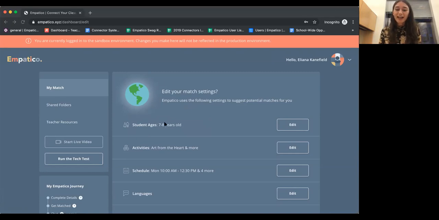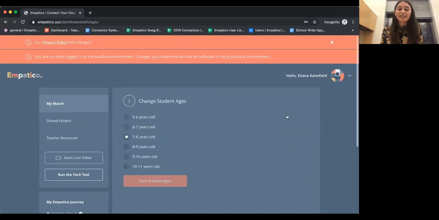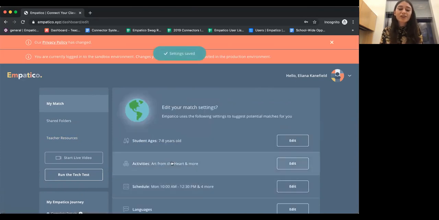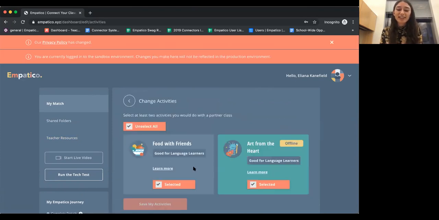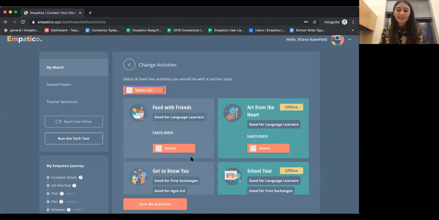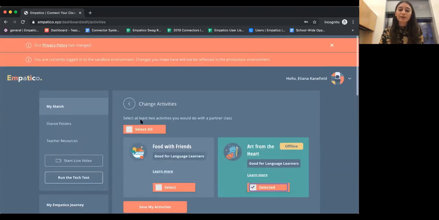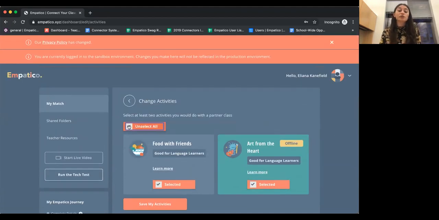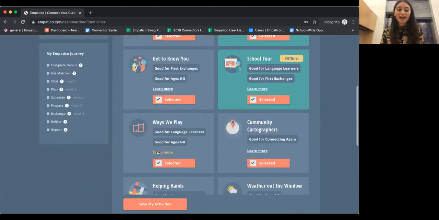So we match based off of 4 different criteria. First, the average age of your students. So you can say 7 to 8 years old. You can choose any of the activities that you're interested in. So if you're just an art class, maybe you only want to do art from the heart, but oftentimes we see that even math classrooms will be open to doing many different kinds of exchanges.